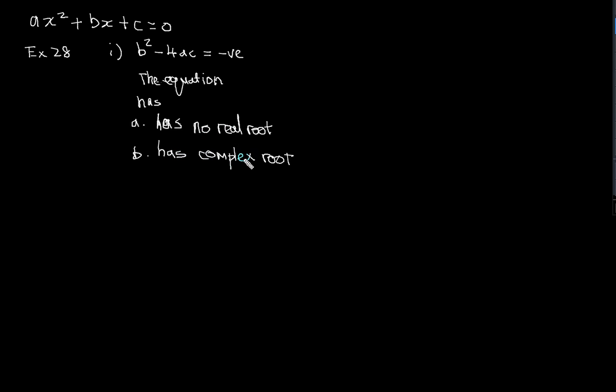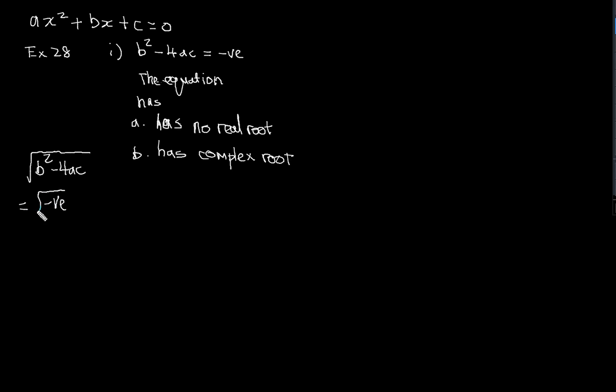In the further part of the syllabus, not the IGCSE, the A level, the square root of b squared minus 4ac. Remember in the quadratic formula, you got a square root, am I right? Now, in this case, b squared minus 4ac is negative, so you have a square root of a negative value,